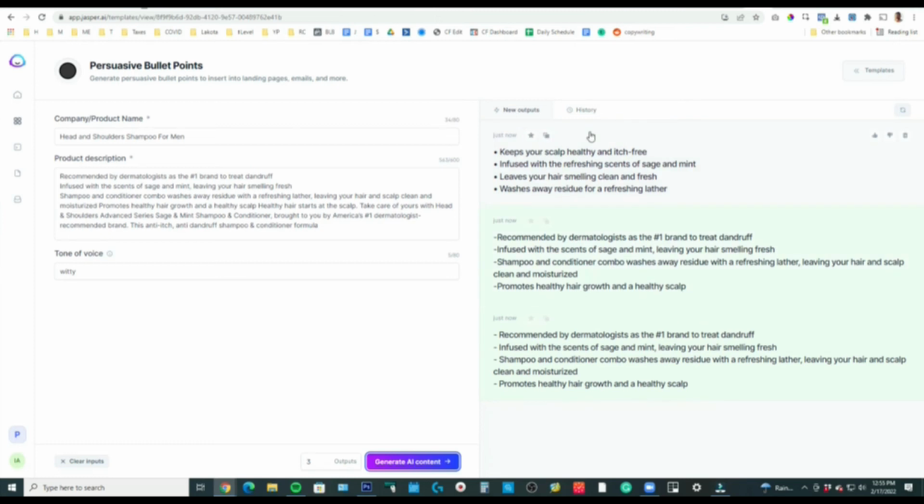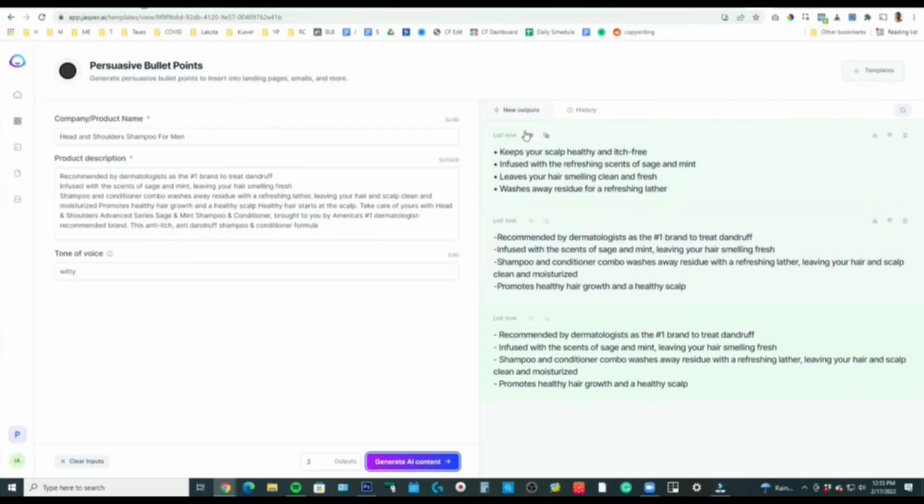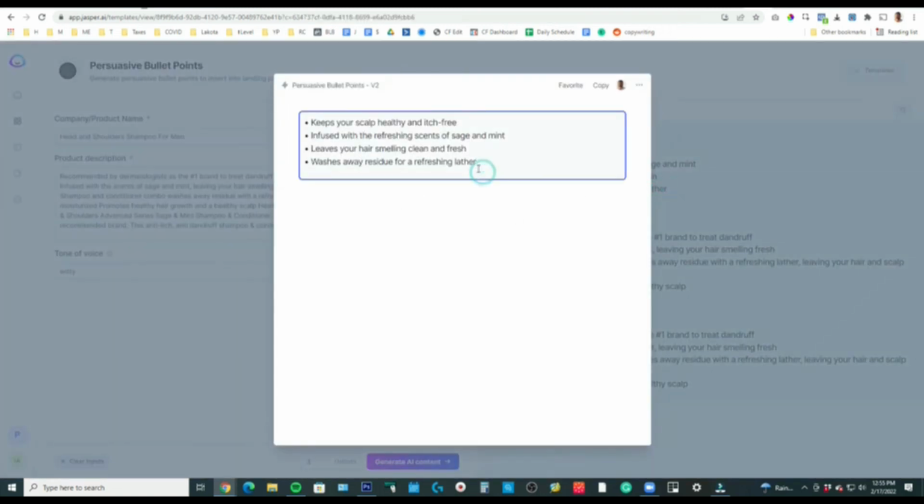So you could have features, just like on Amazon, and these are more benefits, like promotes healthy hair growth and a healthy scalp. You're going to do the same thing here for email. Keeps your scalp healthy and itch-free, infused with a refreshing sense of sage and mint, leaves your hair smelling clean and fresh, washes away residue for a refreshing lather. And then in the email, I would say,